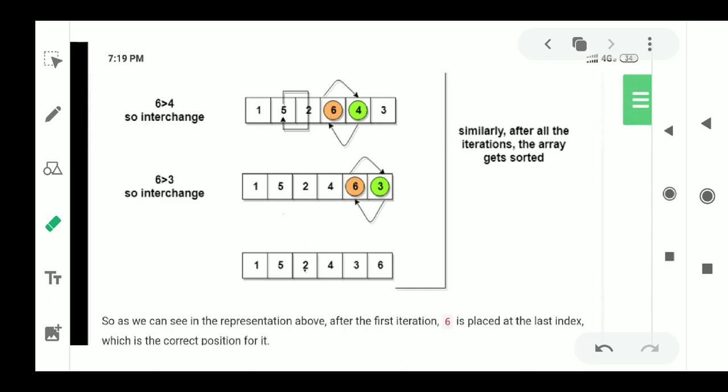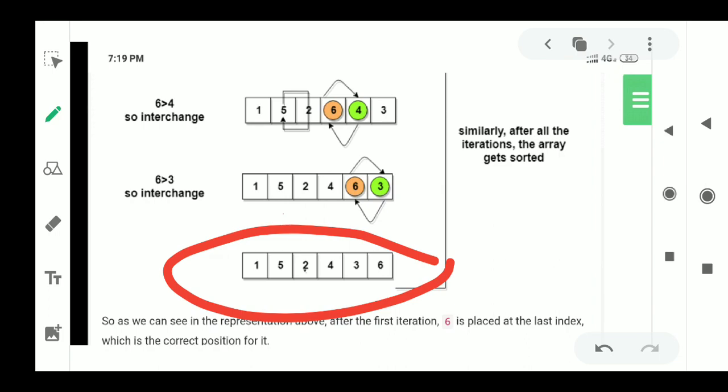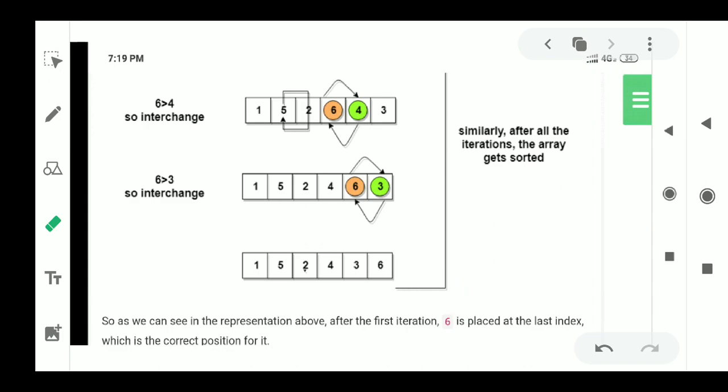So that's what the description has given. See, you can take any number of iterations. This is the first iteration. In the first iteration, we are comparing each and every two elements in the given list. After the first iteration is over, if the elements are not sorted, we will go for the second iteration. Even after the second iteration, if the elements are not sorted, we will go for the third iteration. In such a way, we will sort all the elements in bubble sort.